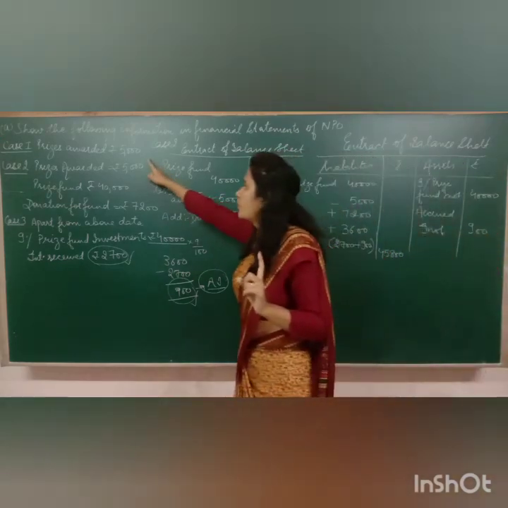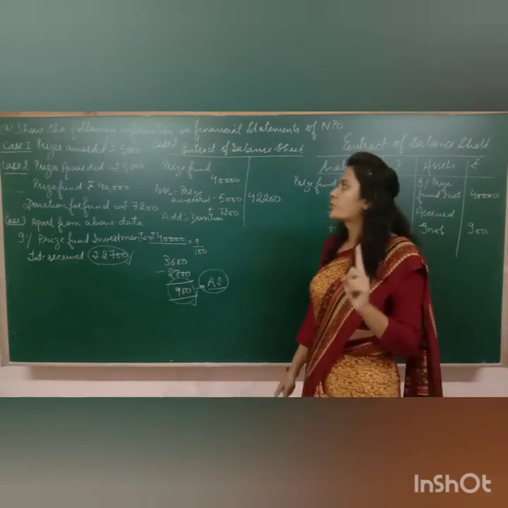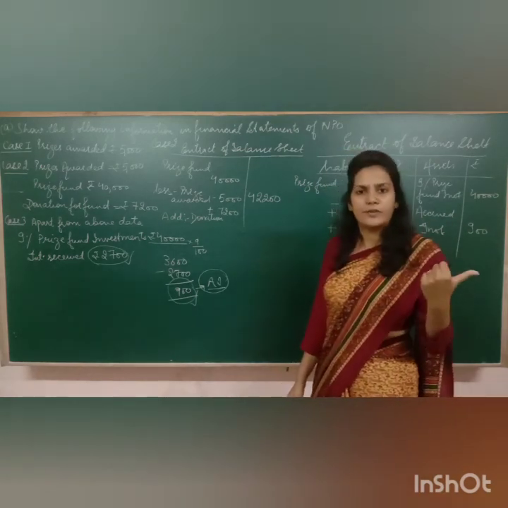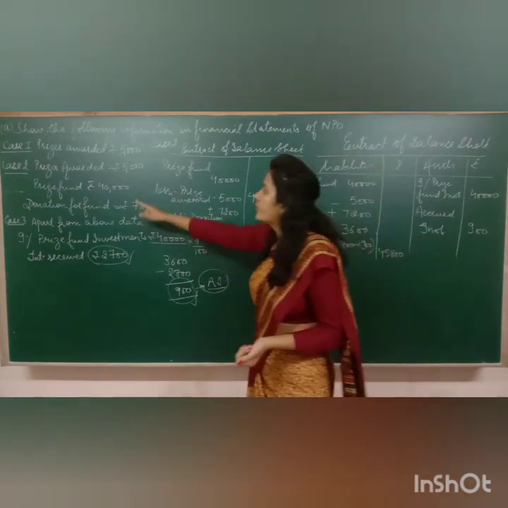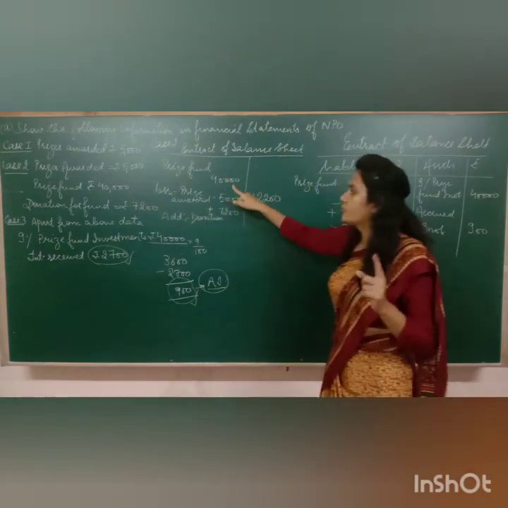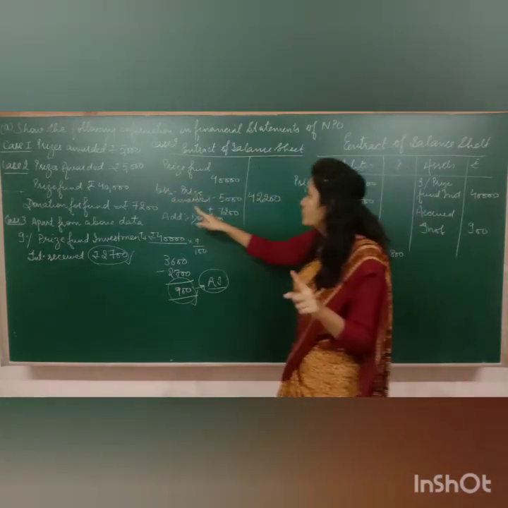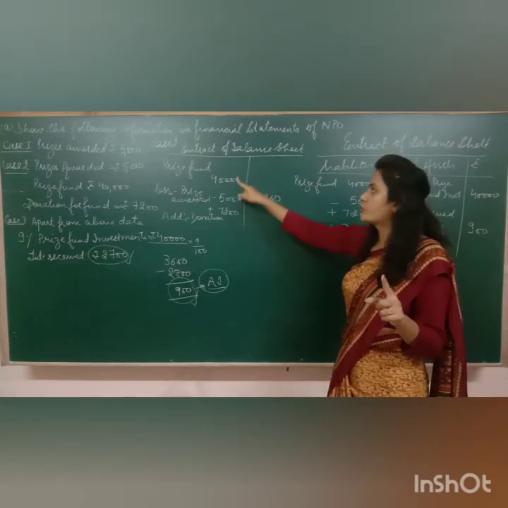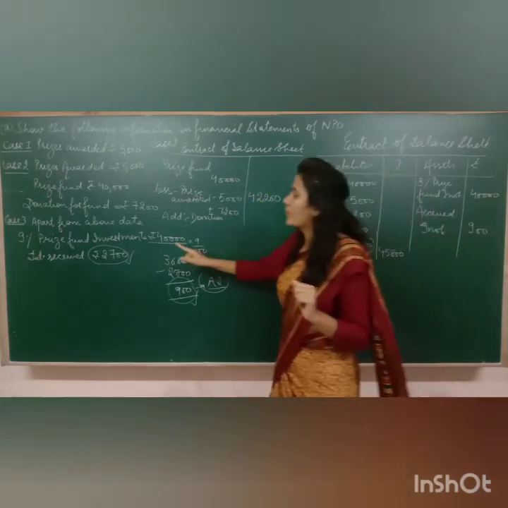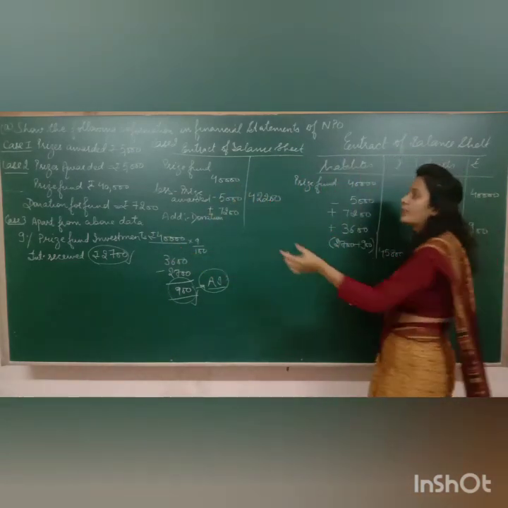In first case, only prize awarded was given to you, no fund was there. So simply you wrote rupees 5,000 on the debit side of income and expenditure account, taking it as a normal income. Now if fund is given to you, then you have to mention that fund on the liability side. All the expenses have to be taken out from the fund and donations have to be added in the amount of fund itself.